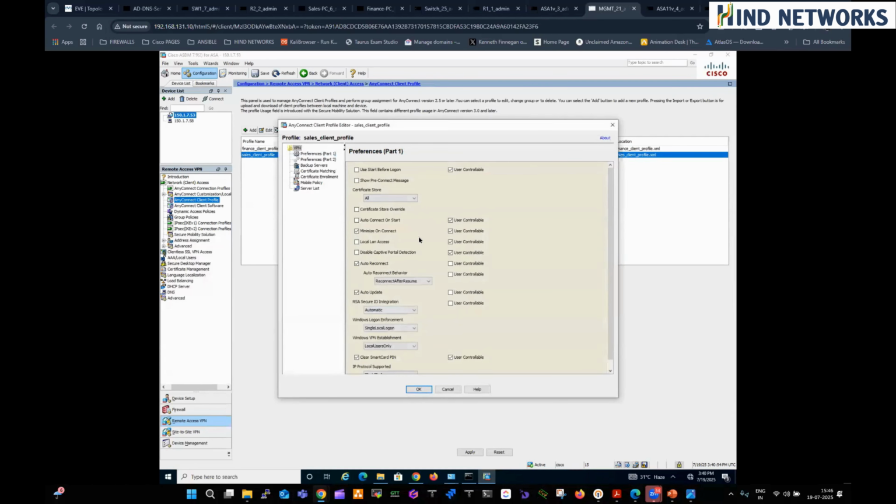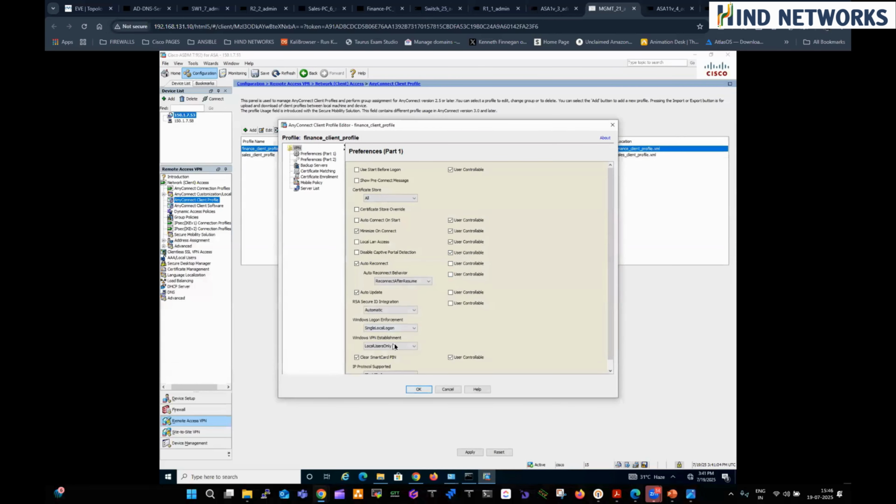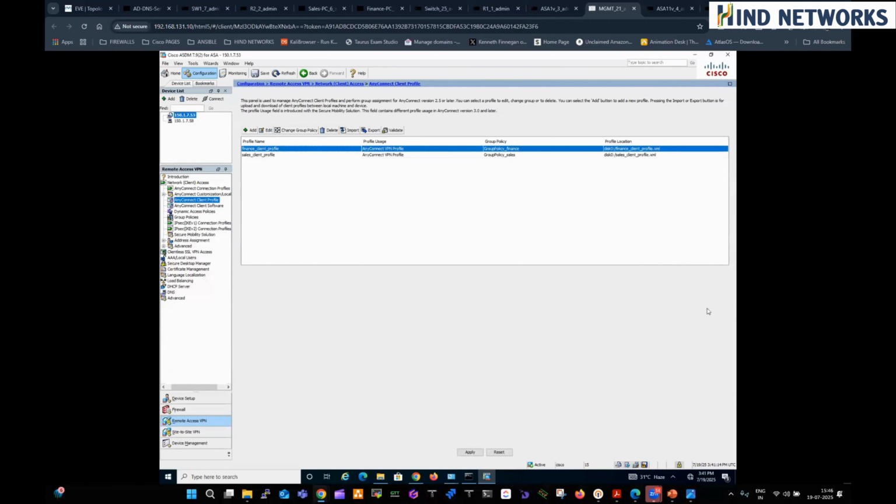This will help the remote user establish the VPN from Windows and attempt the same thing from there, and do the same for finance as well. Once this is done, go ahead into VPN, right? So once this is done, then we can first